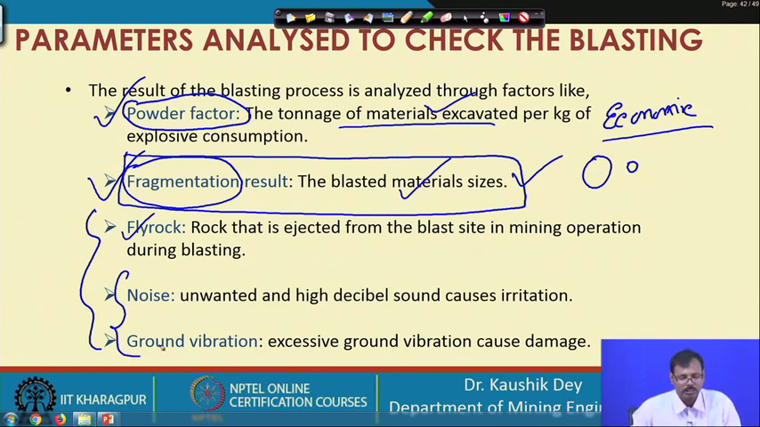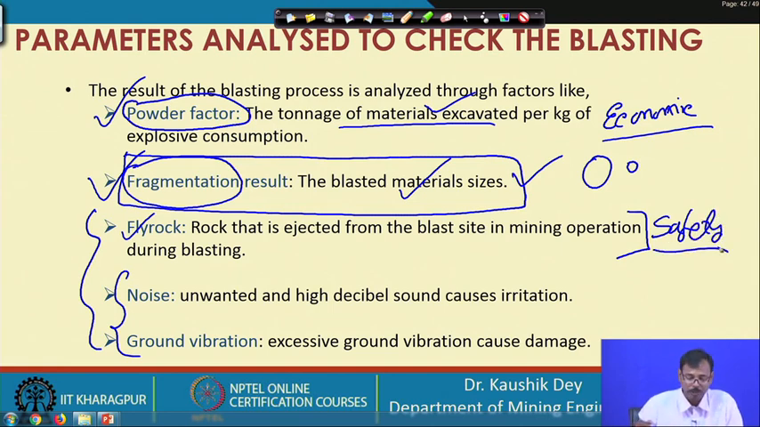So, fly rock is basically the rock which is ejected from the blast site unwantedly, unwillingly, and you can say it is a fugitive rock particle which is moving out, and that may hit anyone, maybe a human being, maybe cattle, maybe structures, and may create damage or injuries or the death of a person or cattle. So, this is a very important one, considering the safety of the